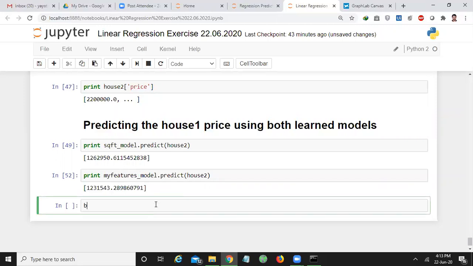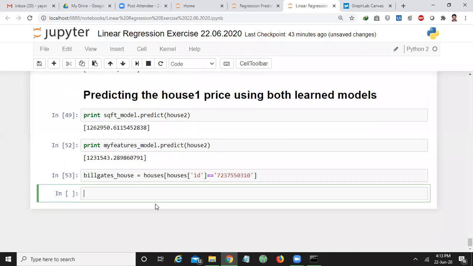For that, I will take the Bill Gates house, which can be derived from houses whose house ID is equal to 7237550310. This is Bill Gates house ID.